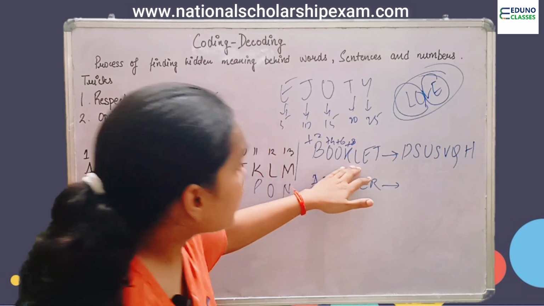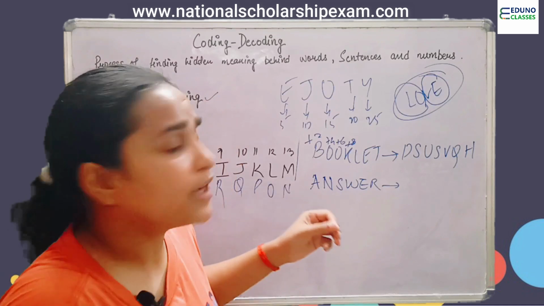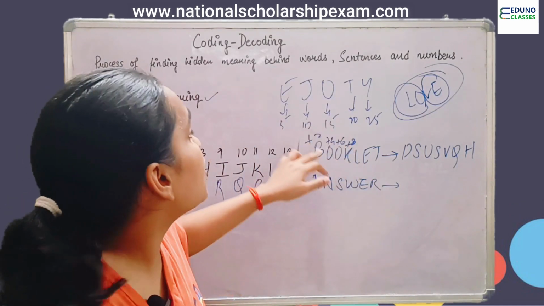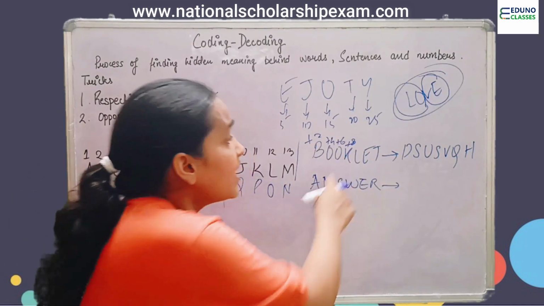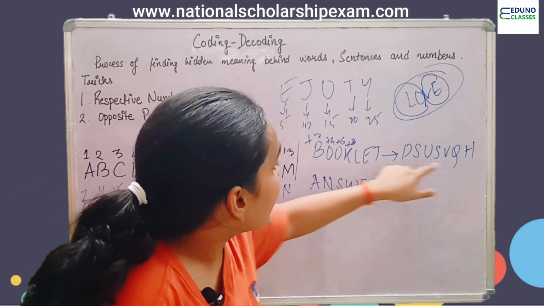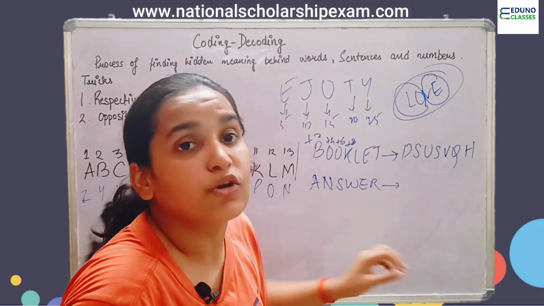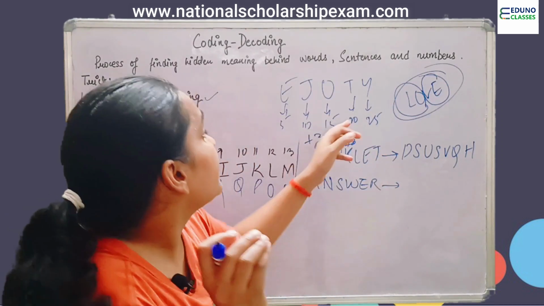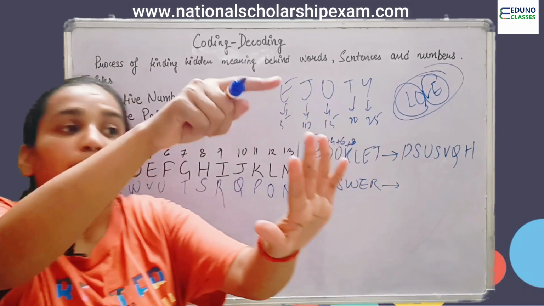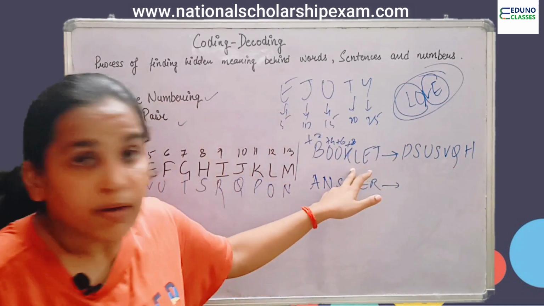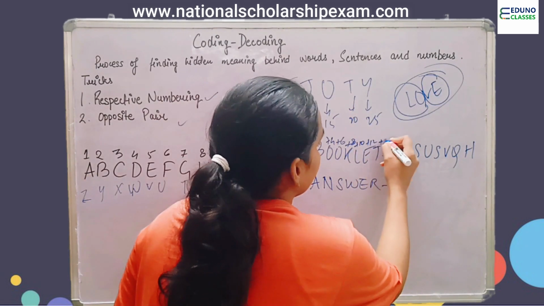Now similarly, plus 2, plus 4, plus 6, plus 8. Just to make it even more clear, L should be plus 8. What is the value of L? J, K, L: 10, 11, 12. Value of L is 12. And now 12 and then we have V. What is the value of V? We have to find the value of V from here. T, U, V: 20, 21, 22. So from 12 to 22 is plus 10. So similarly, plus 12 next.